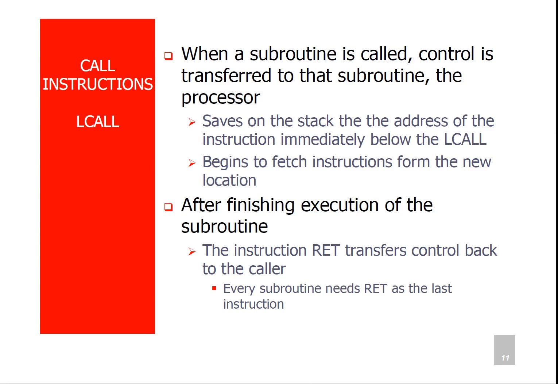So here now the question is, why it has to store next instruction address onto the stack? Because it is the return address of the main program. On finishing the execution of subroutine, control has to come back to this address and it continues its execution. Okay, once it stores return address onto the stack, now the new address where the subroutine is located is loaded to the program counter and it executes subroutine.